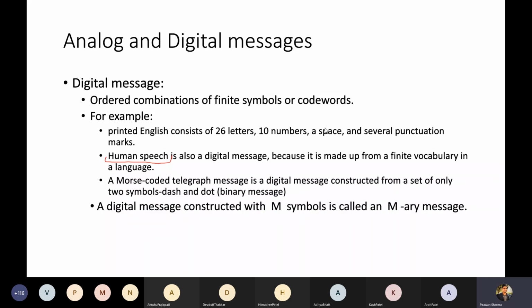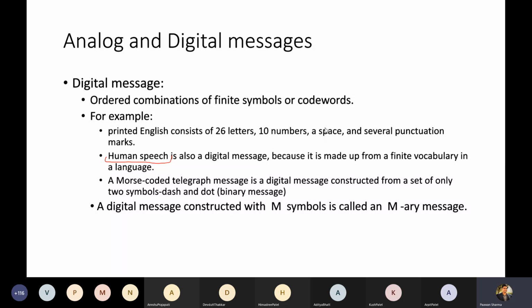So words are finite in number, and the combinations are also finite in number. So whatever information is conveyed by human speech, you can consider it a digital message. But remember, the raw audio or voice signal, without referring to its information content, is continuous in nature. There it is not digital, but when information is extracted from such signals, it is digital because everything is from a finite set of symbols or representations. So this is catchy.